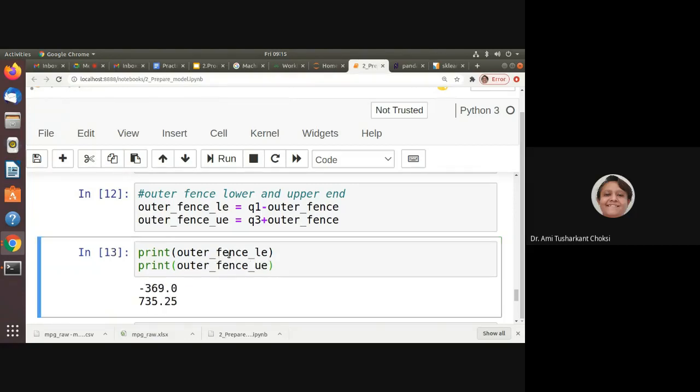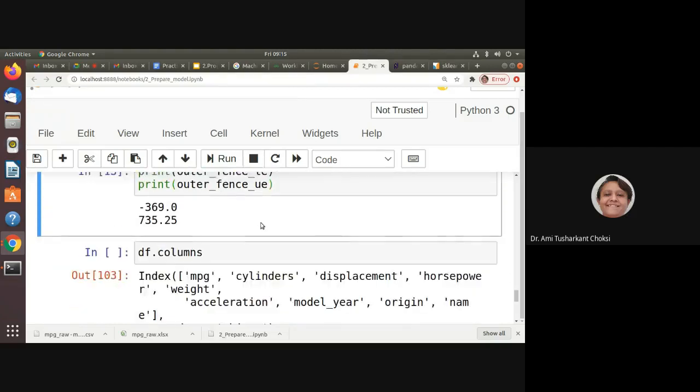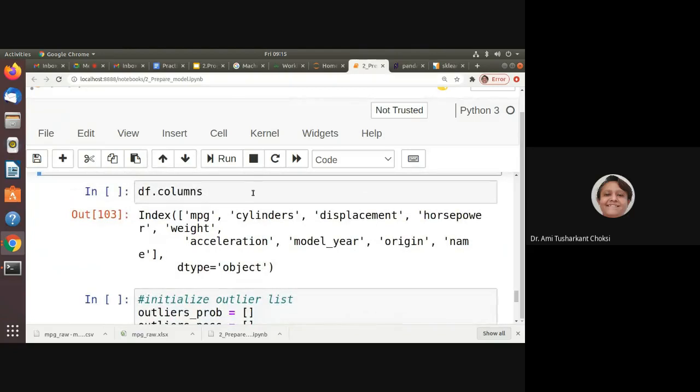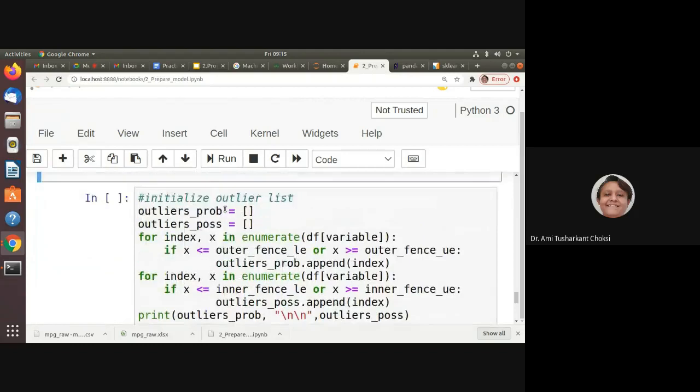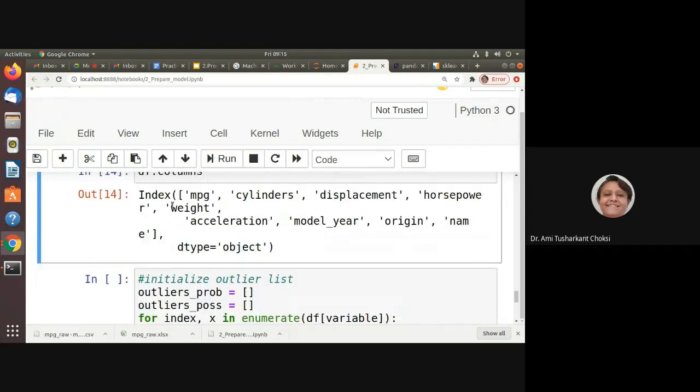Print it, so we can have an idea of what the values are. Now do we want to have the columns? No, actually we do not want them. It is already there with us, and we know it has MPG, cylinders, displacement, horsepower, weight, acceleration, model year, origin, name. These are the columns in this particular data set.